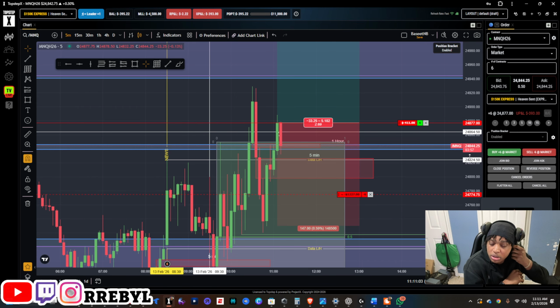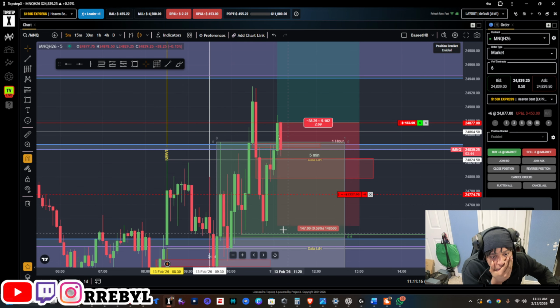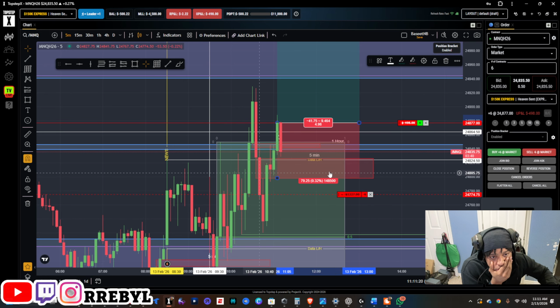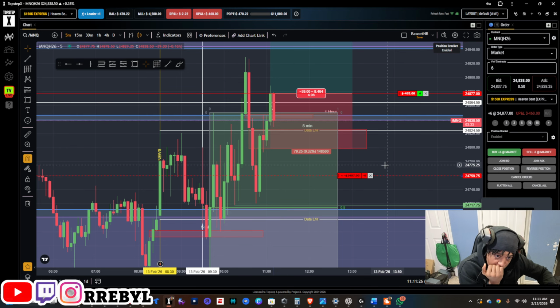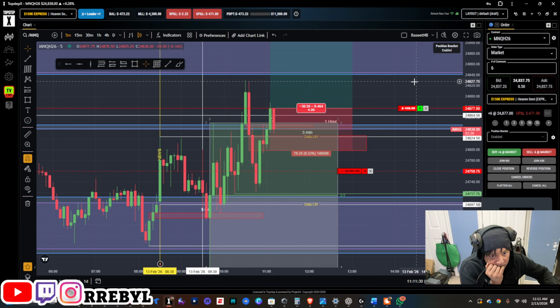At the end of the day, the draws on liquidity are upwards. There's no reason for it to come down. We're in upwards structure. And at least the way the 4 hour is building out, it's building out for a buy. So it should at least hit that 4 hour fair value gap before it decides if it wants to go down, in terms of 4 hour price action.